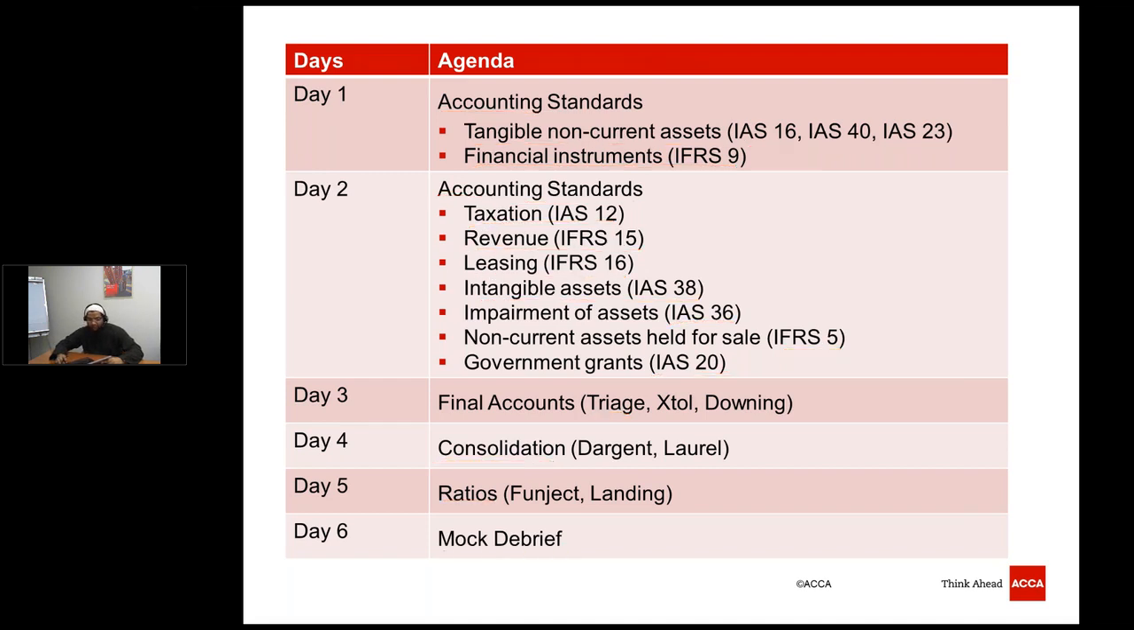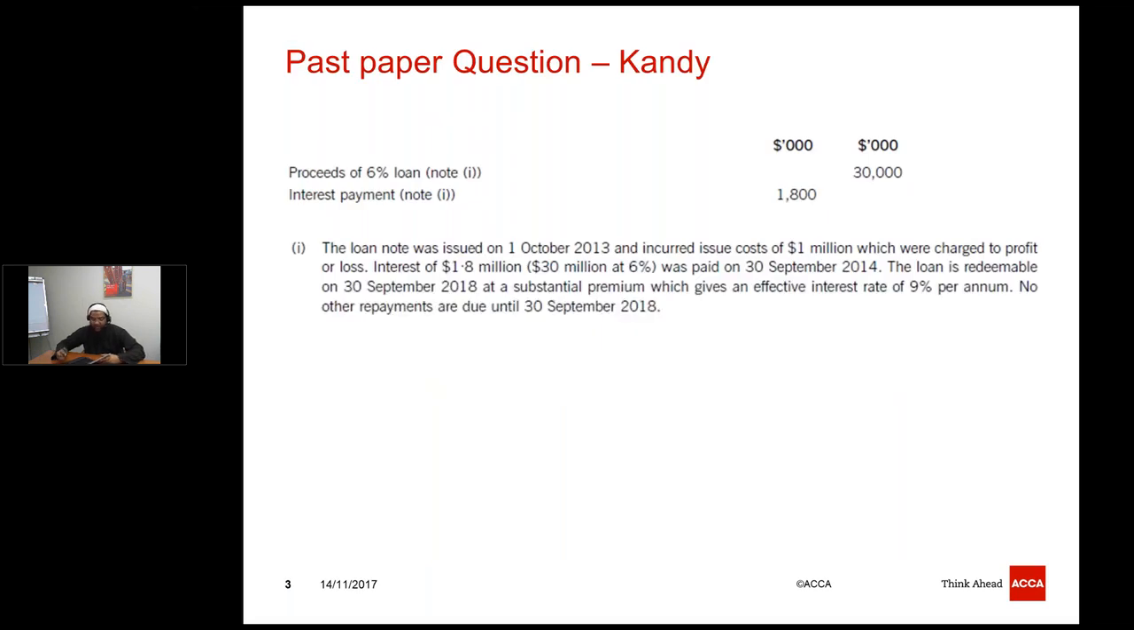So let's start from where we left off yesterday. We were discussing financial instruments, where we discussed financial assets and financial liabilities. In financial liabilities, we discussed the loan notes and, secondly, the convertible loan notes. Convertible loan notes are a hybrid instrument, a compound financial instrument, so they have both equity and liability components. So this is one of the final accounts questions,